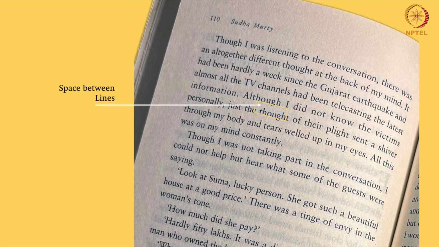Leading refers to the vertical space between lines of text on the page, measured from baseline to baseline. If you look at my cursor, the leading is this much, from this baseline to the top line's baseline. It is a crucial element in typography and design, affecting readability and aesthetics as well.